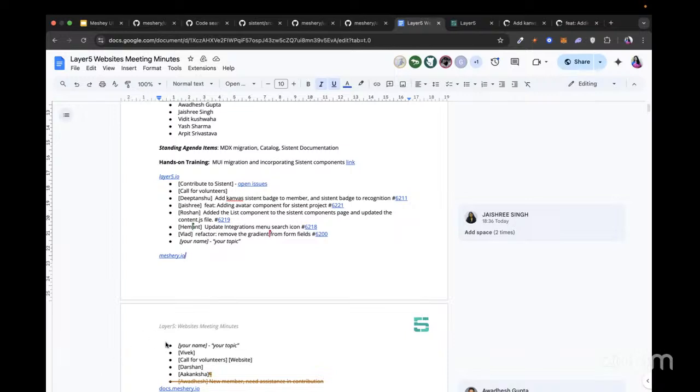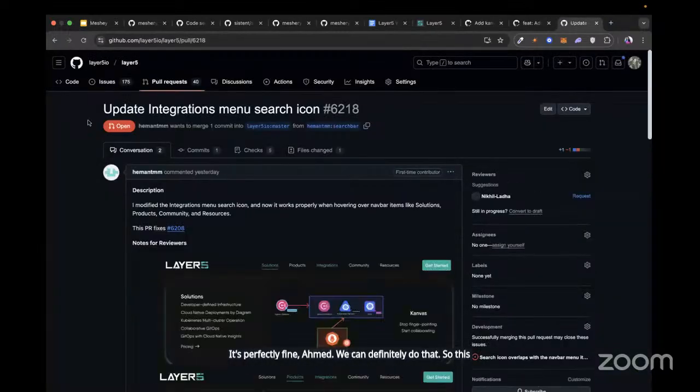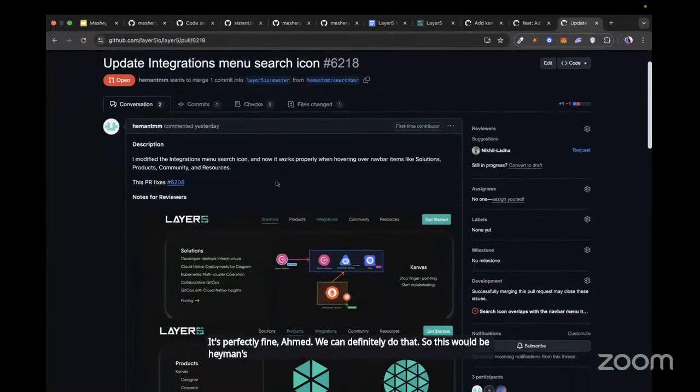Ankita, can you share your screen? I'm not able to share my screen. It's perfectly fine, Hemant. We can definitely do that. So this would be Hemant's PR, and do you mind telling us what the issue was?